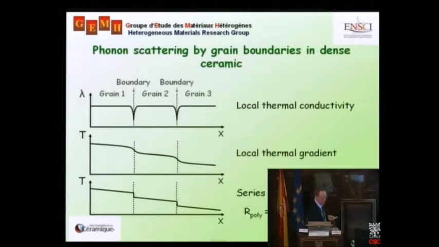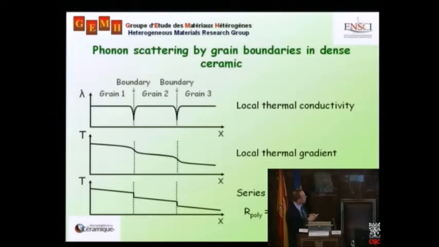So since my data came from Kingery, which showed basically 10 micron grain size ceramics, I'm now going to consider the case of, well, knowing the fact we now often make ceramics with 1 micron size, 100 nanometer grain size materials, do we still have no effect at ordinary temperatures? Well, I'm going to suppose that the effect of a grain boundary is to increase locally the scattering of the phonons, the lattice vibrations. So this would lead to a very restricted, perhaps over 10 angstroms, 20 angstroms, decrease in